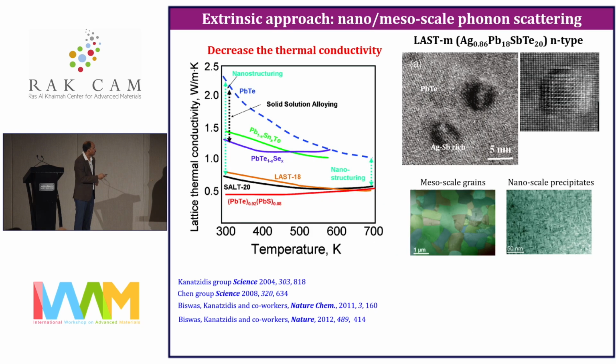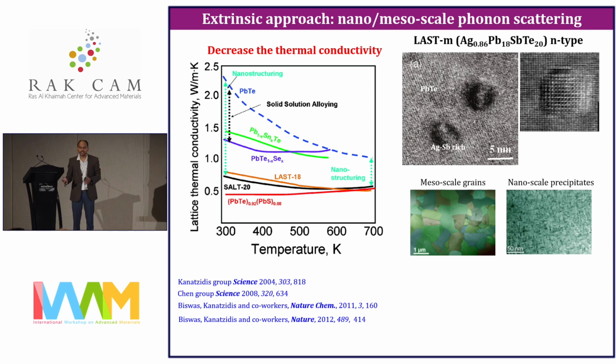Then this paper came in Science in 2004 from Mercouri Kanatzidis's group. They actually put nanoprecipitates, which are of similar size to the phonon mean free path, in the lead telluride matrix, and they could decrease the thermal conductivity almost to the glass limit, which is around 0.5 watt per meter Kelvin. And later people have tried engineering the